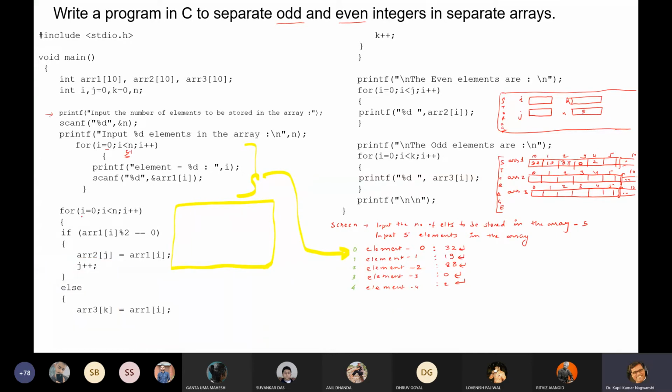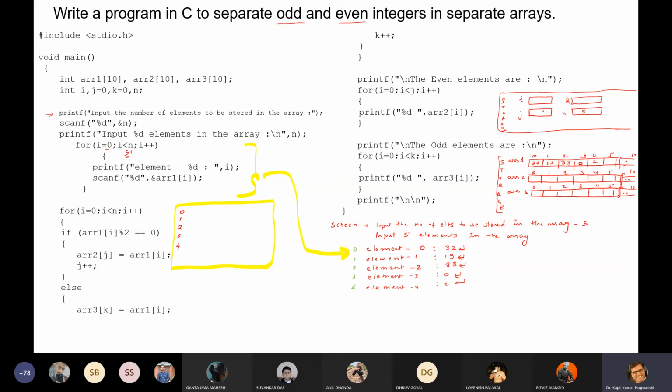So this loop will run from 0 to 4. 0, 1, 2, 3, and 4. Array 1 I mod 2 equals to 0. Then array 2 j equals to array 1 I and j plus plus.